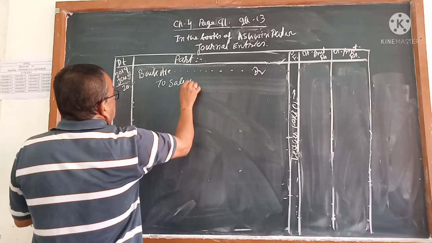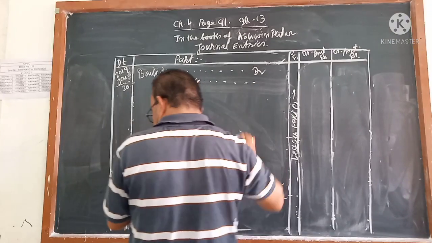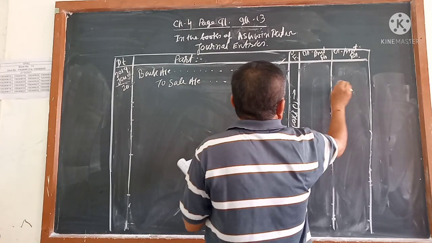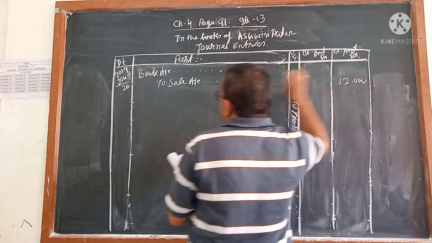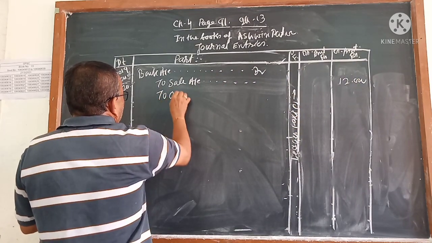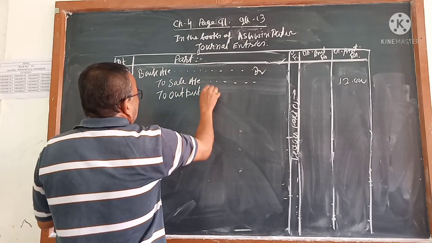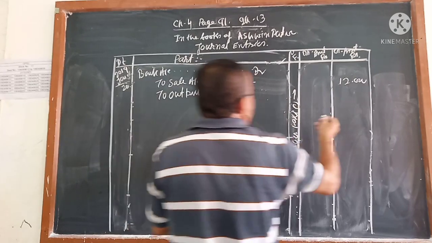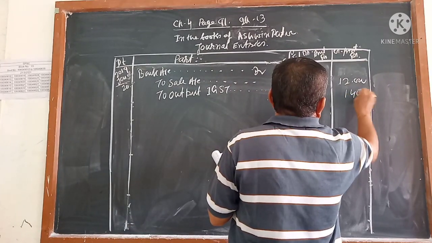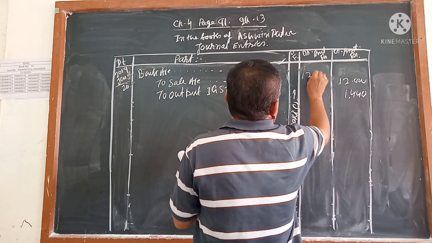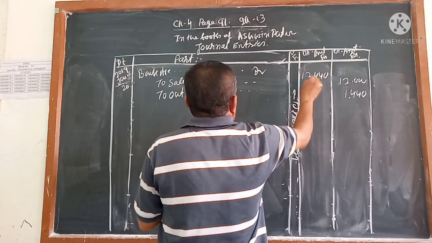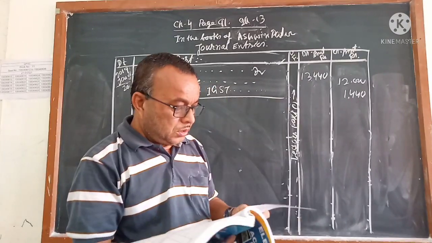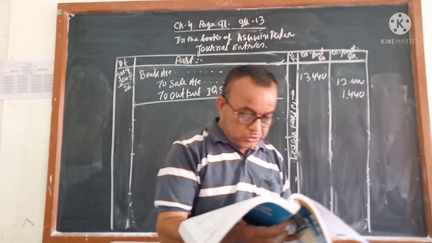To sales account, that amount we know. How much is the amount? This is 20, which means 12,000. Sales account is 12,000. And to output IGST. This is the output GST account that will come. How much? 12%, so 1,440. And this comes to 13,440. So, let me see the answer. The 20: bank account debit to sales to output. Correct?